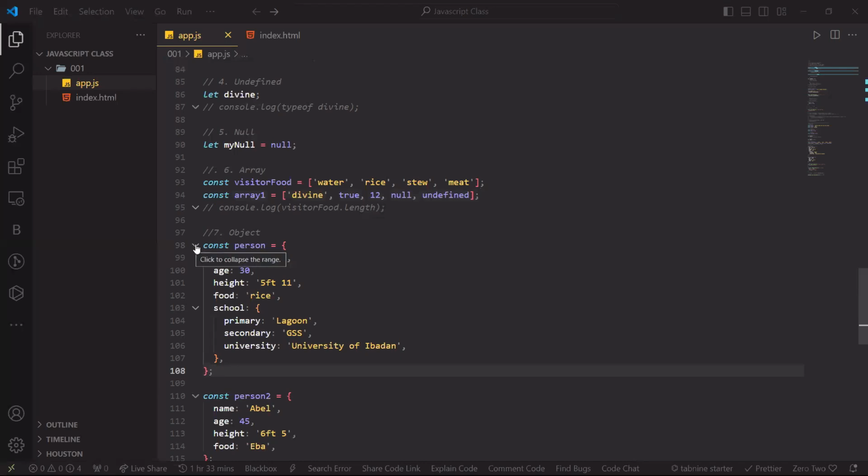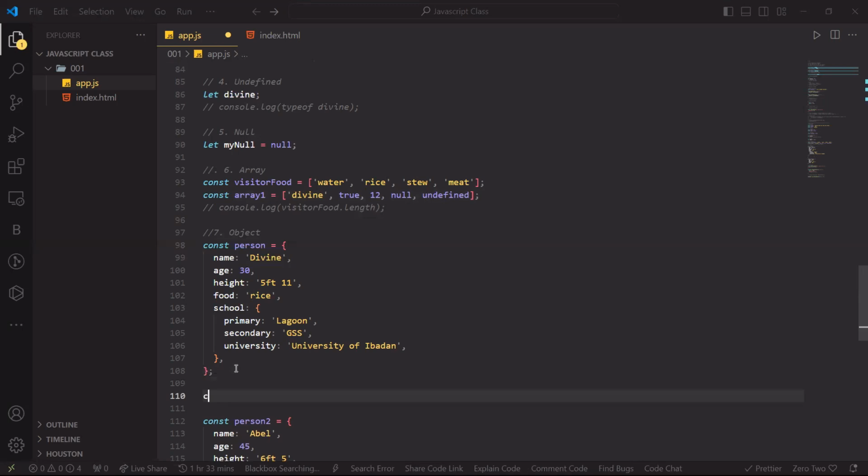This particular object is person, and this person has the name of fine. This same person's age is 30, height is 5'11", favorite food is rice, and the school they attended is. So what I've done is group all these data types into an object, indicating each with a key and a value. If you want to define an object, you start by saying const